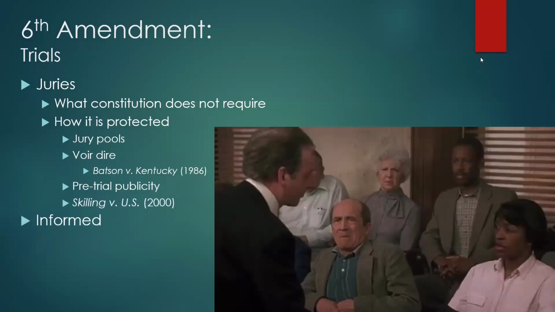Another right protected in the Sixth Amendment is the right to be informed of the charges against them. And that occurs repeatedly throughout criminal proceedings, all the way from the arraignment to other pretrial appearances. You know, you get the indictment form, the charge sheet. There are a variety of ways where the rules of criminal procedure provide the information about the nature of the charges against the defendant.